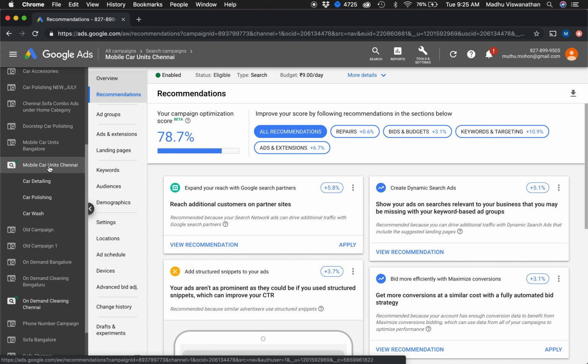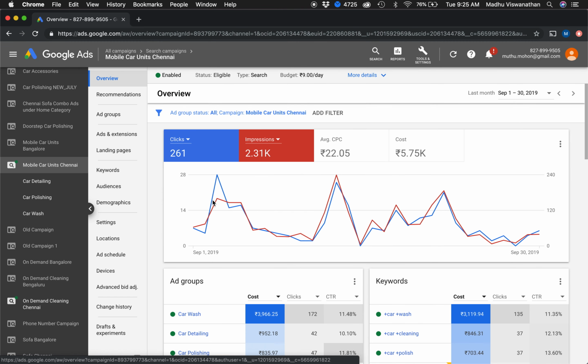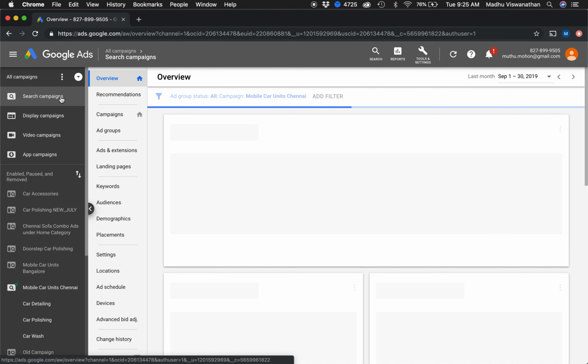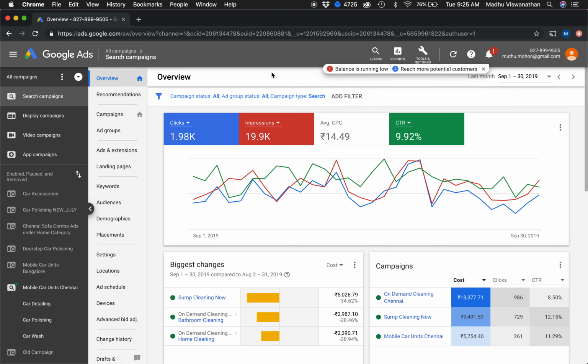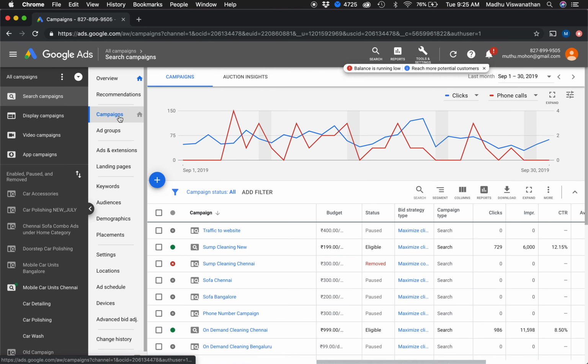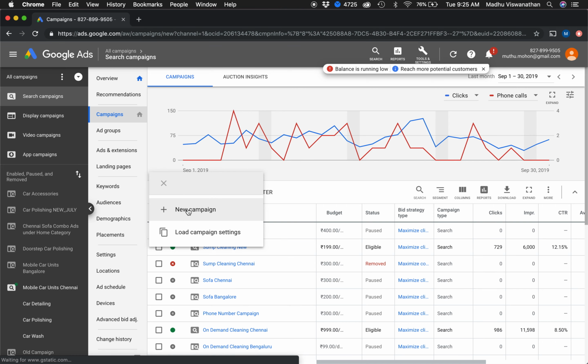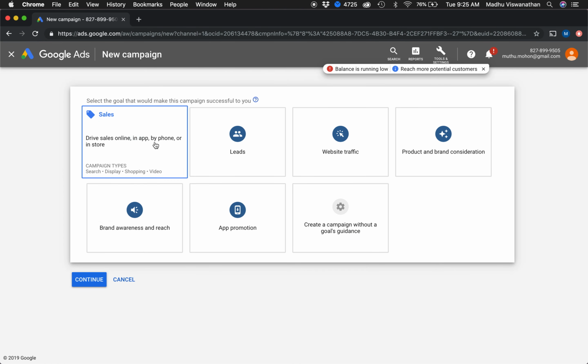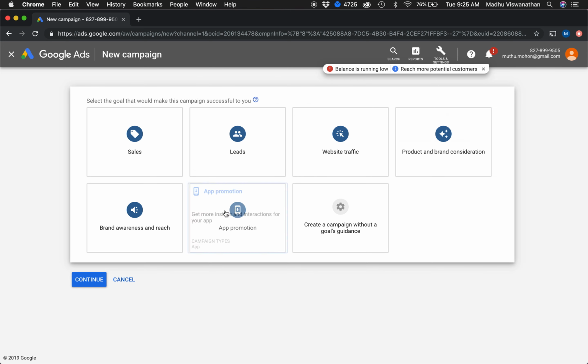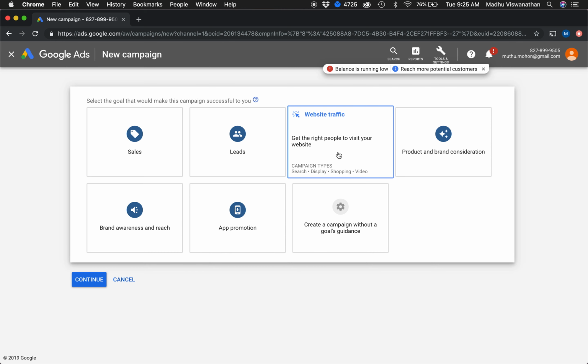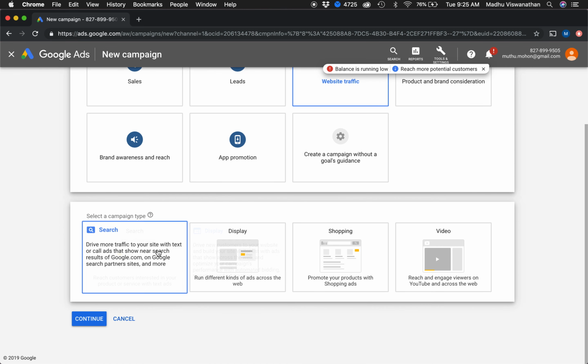Right? So the campaign is the highest level, and it's very important. So this is where you set a lot of the initial structure. So for example, if I go to create a new campaign, over here, you can basically say what kind of a campaign you want. So brand awareness and reach, app promotion, sales, leads, so on. So in this case, let's say I want to build one on website traffic, and then I can choose the